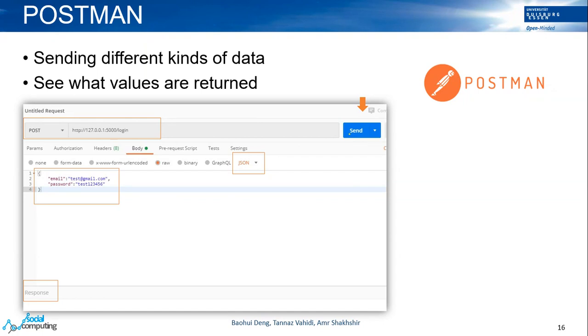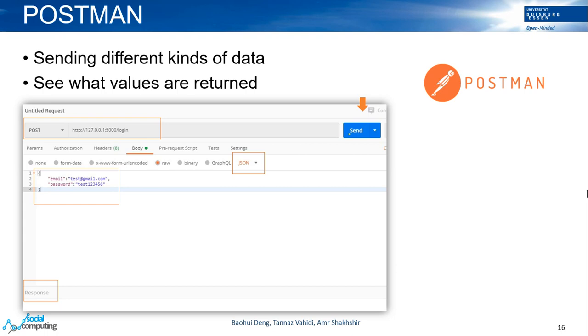When you want to send requests from React to Flask, you might face some errors that you have no idea where the problem is. Is it in the Flask part or the React part? Postman is an application that you can use to send different types of requests, like GET or POST requests. With this app, you can check the response of your Flask and recognize with which type of request it will